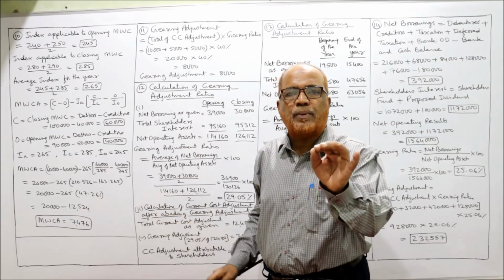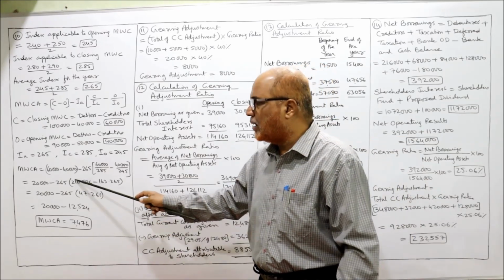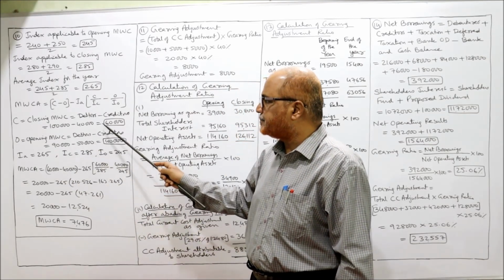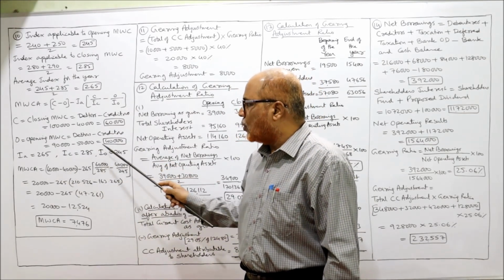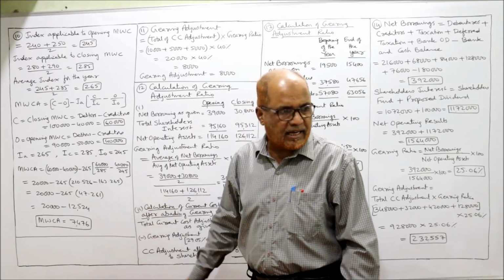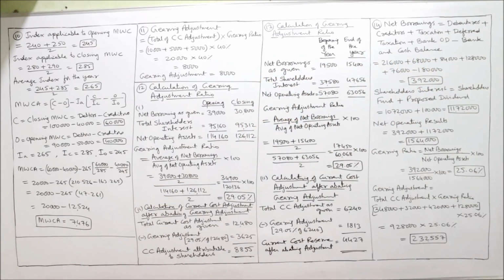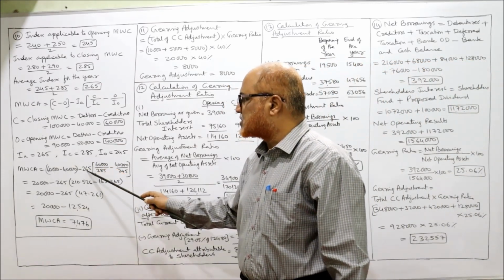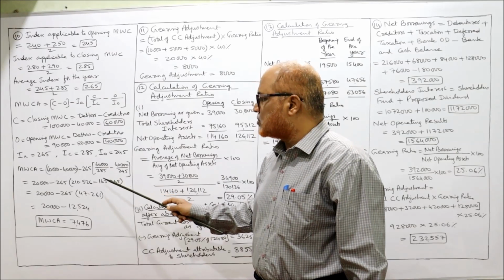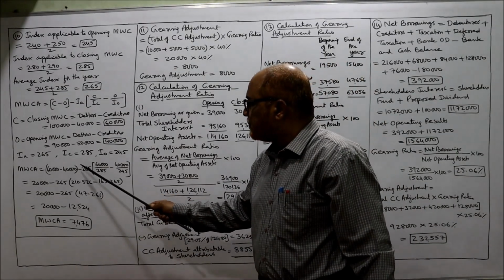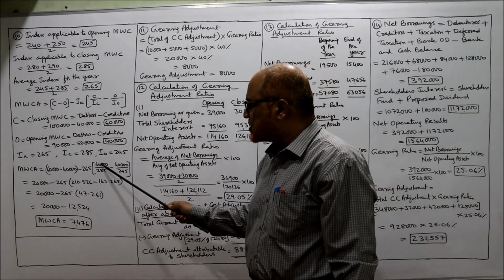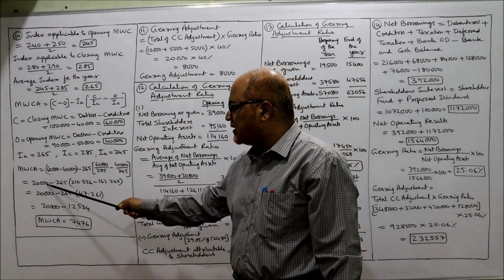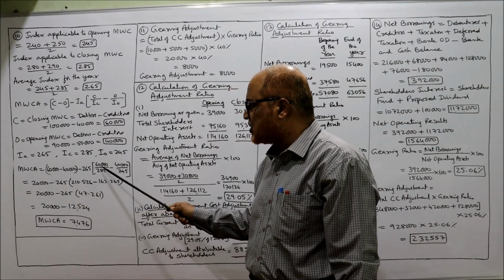All the values we have to substitute in the formula. MWCA is equal to C, 60,000, minus O, 40,000, minus IA, the average index, 265, times 60,000 divided by 285, that is IC, minus 40,000 divided by 245, that is IO. So 20,000 minus 265 into 60,000 by 285,